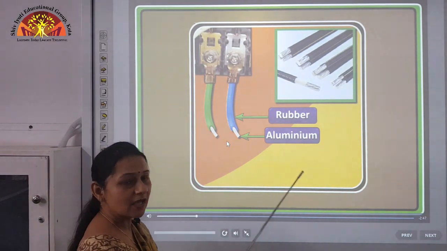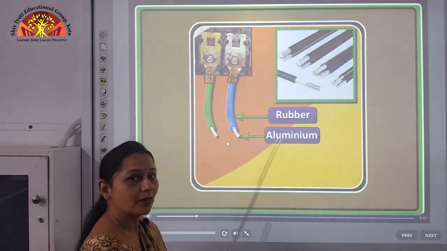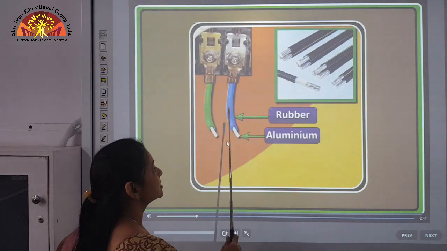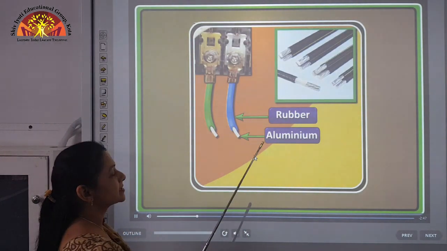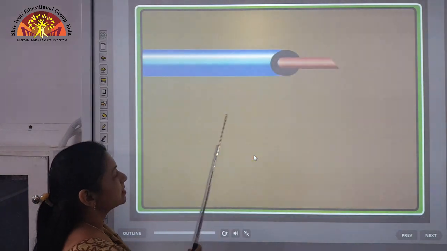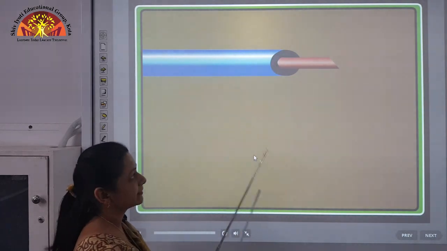Now can you guess why this is so, that the wires are made up of aluminum or copper and the other part which we touch is made up of rubber? Let us understand this. The part which is made up of metals conducts electricity.